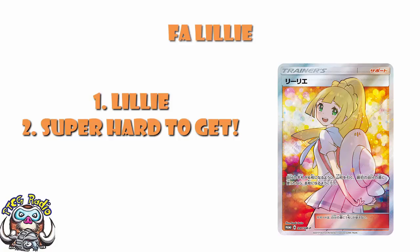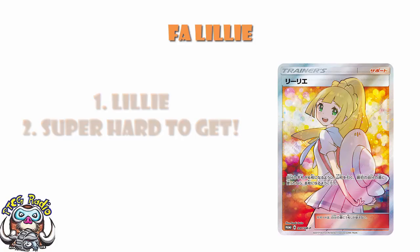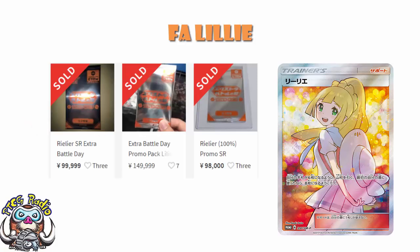Now, the other thing to bear in mind, these have just started to be given out. And the hype is gigantic right now. So please do bear in mind that there is every chance that if you just give it a few weeks, when a few more of these are out there, the price will drop. When I say the price will drop, I don't mean it's going to come down to a $50 card. That's ridiculous. But it wouldn't surprise me to see this price come down by hundreds of dollars as more of these got on the market and the hype died down a little bit. Either way,